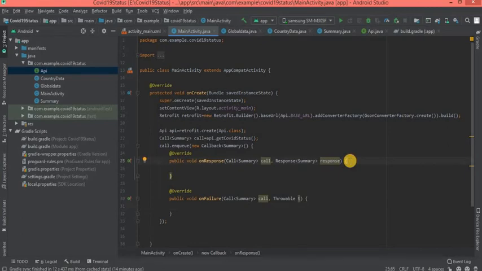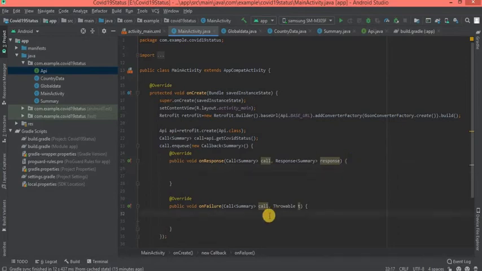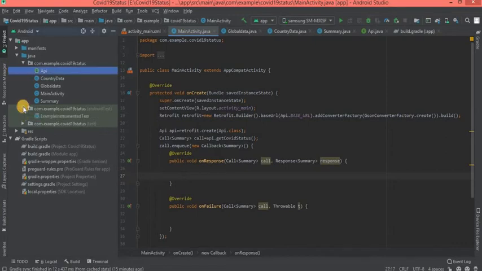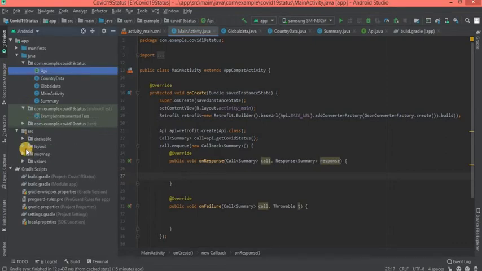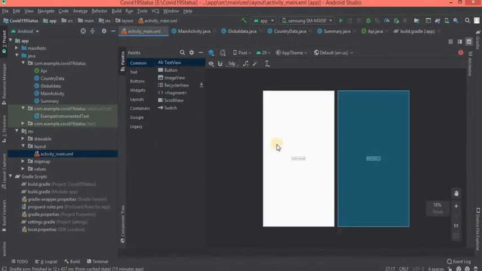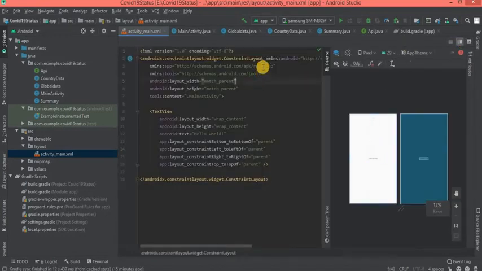So suppose we get the correct response, we are going to display the data inside this response. Likewise on failure. To display the data we need a UI. For that, I am going to create a UI here.